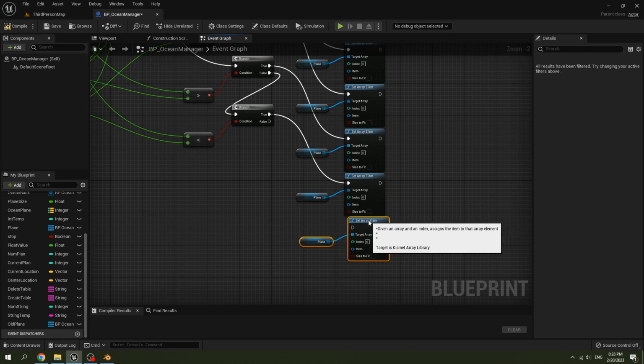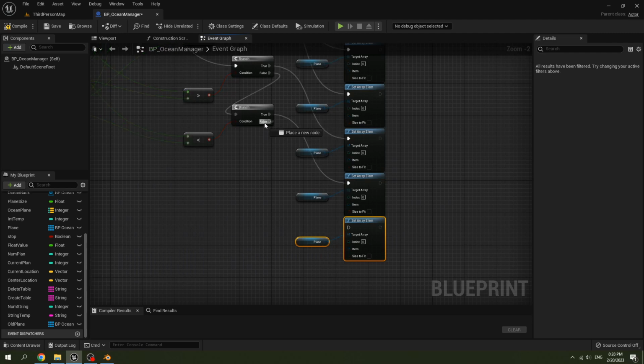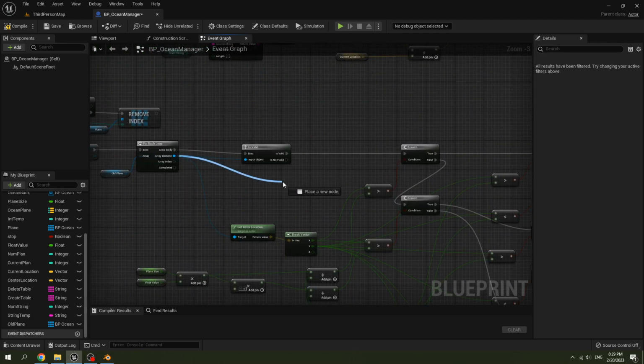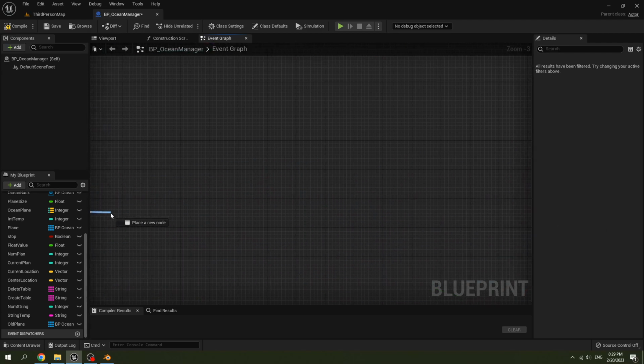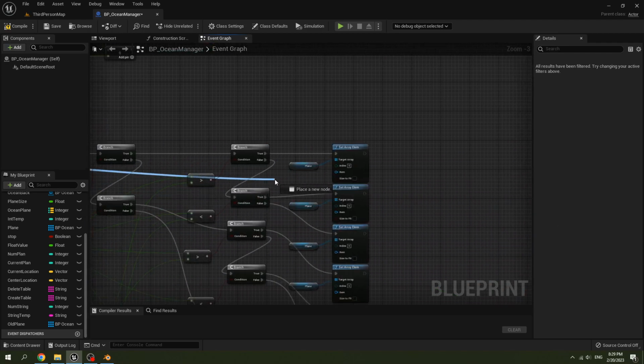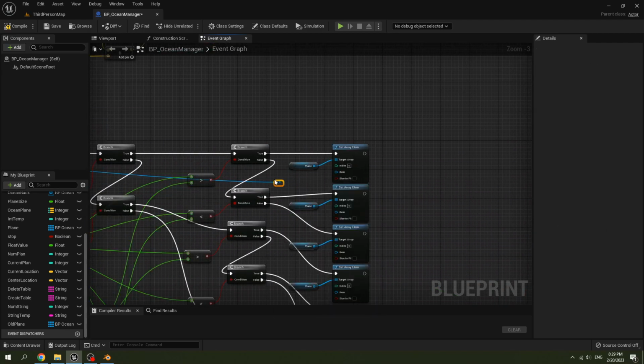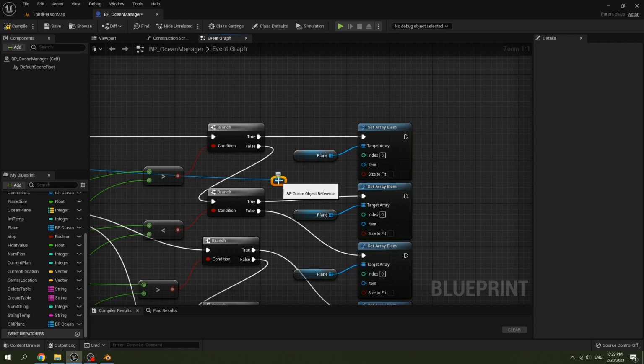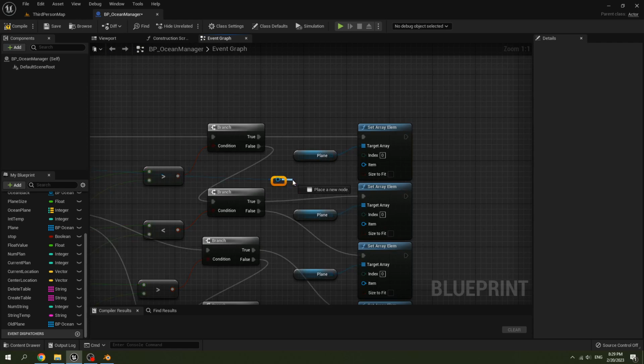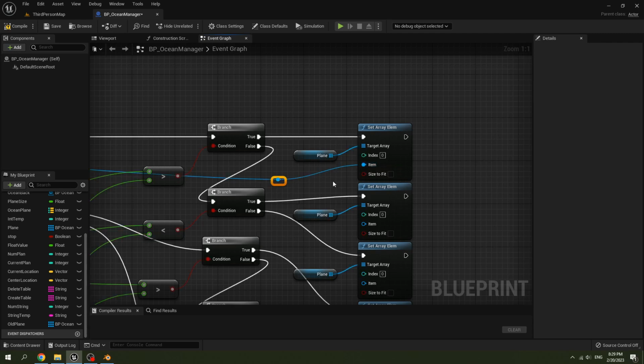There are 9 plans that we need to spawn. So we have to set the index 9 times too. Get our array element. Add a reroute node, so it's easier for us to connect it with the item.